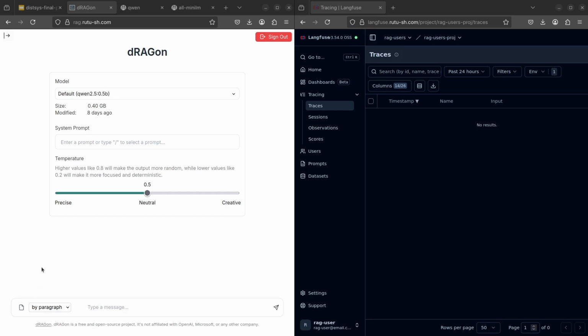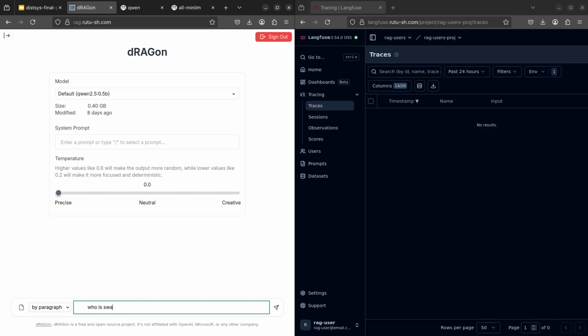Okay, so guys, this is our front-end web page for our RAG pipeline. It's a very straightforward, user-friendly web page where you can find the LLM configuration parameters in the center, where you can choose the model you use, and you can input a system prompt. Also, you can set the temperature. And at the bottom, we have the chat box where you can type in some query,